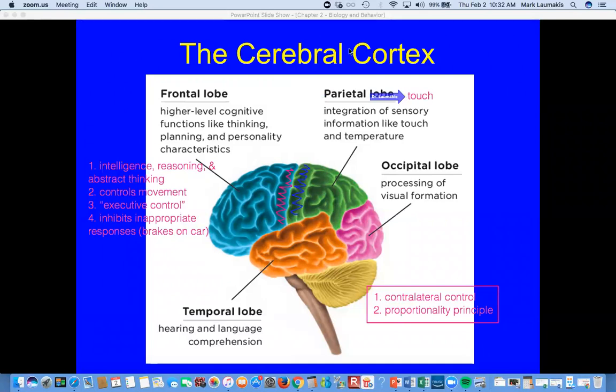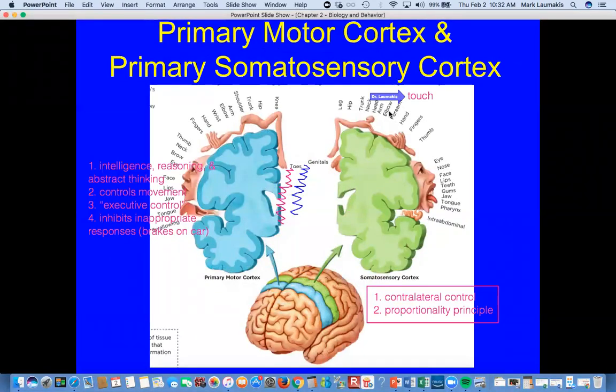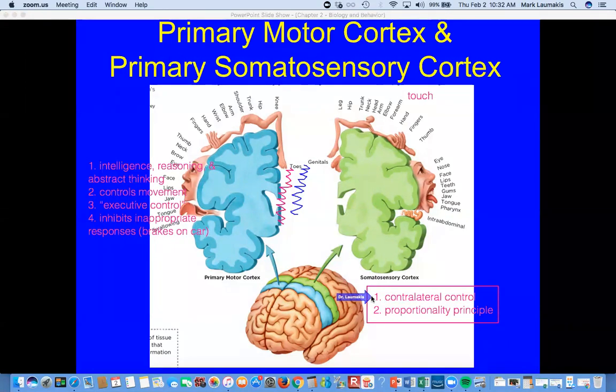Okay? The front of the parietal lobe is this primary somatosensory strip. It's got the same principles connected to it that we had before, right? We're going to talk about, on the next slide, contralateral control and proportionality. So if I were to stroke the palm of your right hand with a feather and you had your eyes closed, it's left hemisphere activity that is going to be seen. Conversely, if I stroke the palm of your left hand with a feather, we'd see right hemisphere activity, again in this primary somatosensory strip at the front of the parietal lobe. Okay.